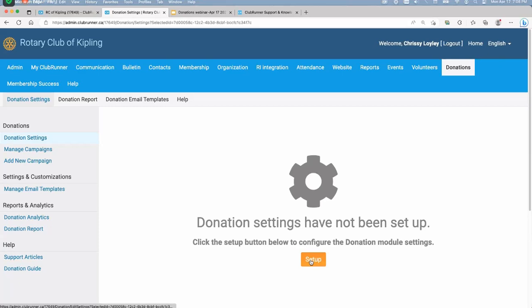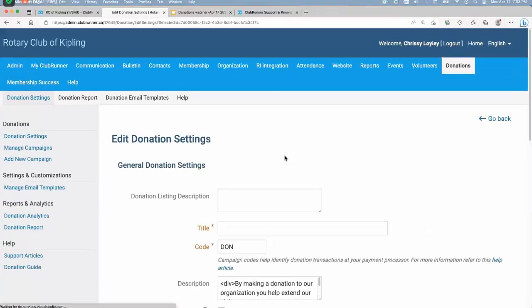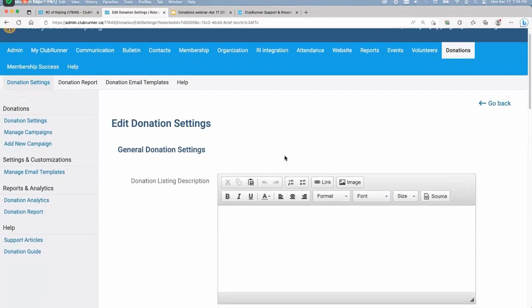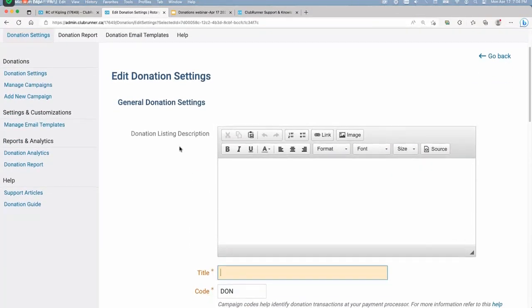I'm going to click on setup. It takes me to the next screen, which will allow me to edit all the donation settings. Okay, so this is the general donation settings. I'm going to give you a sneak peek, but very shortly we're going to talk about what a donation campaign is. But before we even get to campaigns, every club, or a district, starts off with